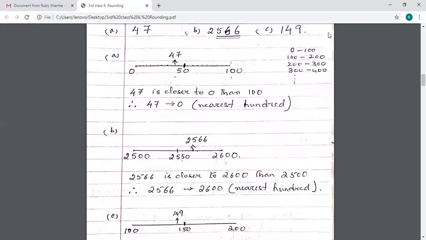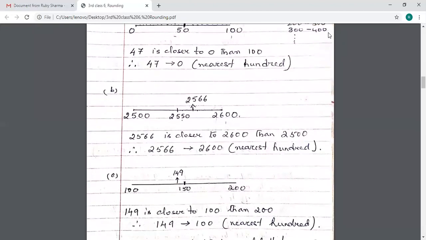And if you observe here, all numbers from 0 to 49 will be rounded off to 0, and from 51 to 99, all numbers will be rounded off to 100. And 50 also will be rounded off to 100. So similarly, we have